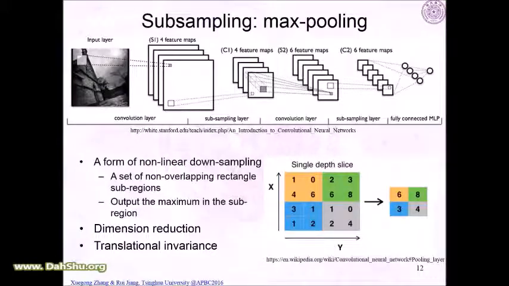In this way, we reduce the dimension, and there is an assumption that at this layer, each filter somehow extracts some feature in the original image, and the feature can be strong or weak. So we just find the strongest feature in a certain neighborhood, and we don't care about whether the strongest feature happens here or here or here. So this introduces some translational invariance in this step, and also we reduce the dimension.